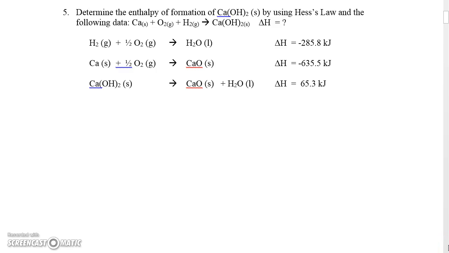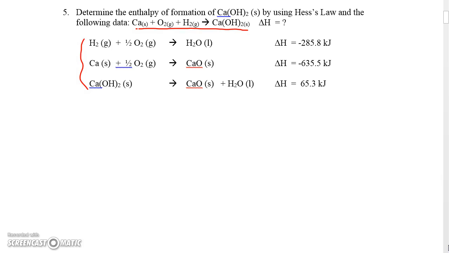Number 5 asks to determine the enthalpy of formation for calcium hydroxide by using Hess's law on the following data. So we've got calcium plus oxygen plus hydrogen yields calcium hydroxide, and we're going to look for our delta H. If you remember the trick to these, we basically have to use these three equations here to come up